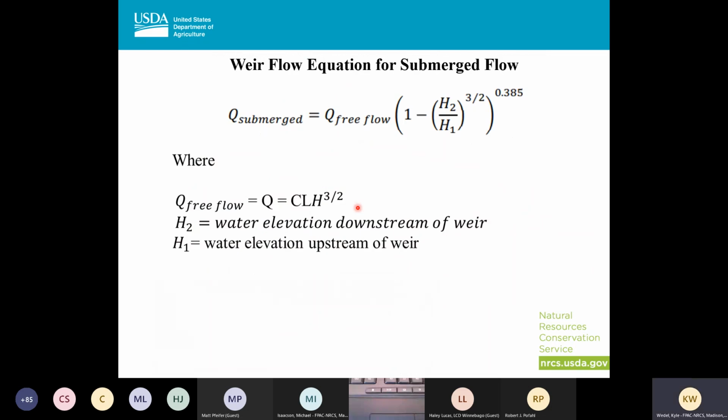There's a separate equation if you're in a submerged weir. The first thing you do is calculate the free flow, which is the equation I just mentioned previously, C L H to the 3/2. Then you also have to determine the upstream and downstream elevations of the